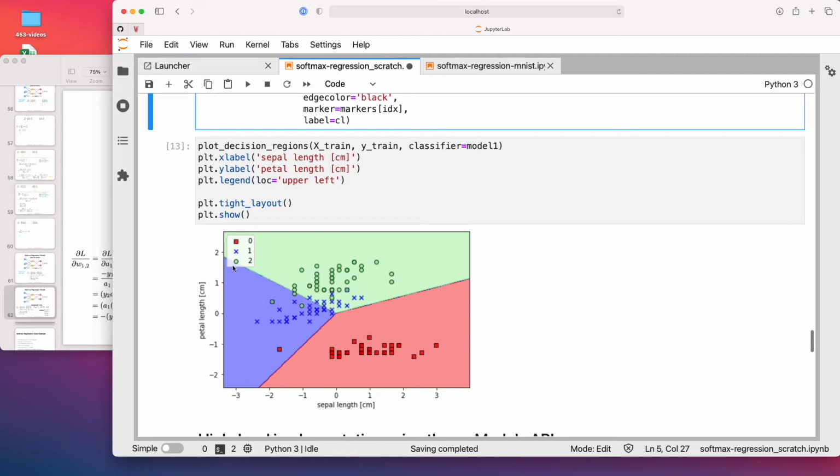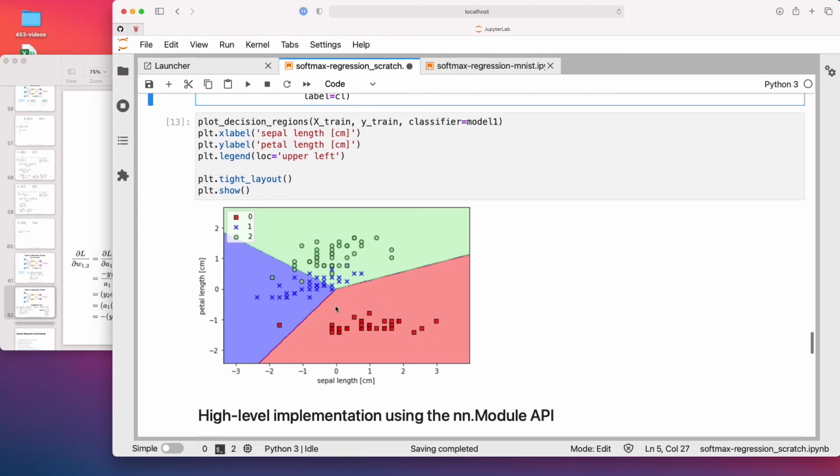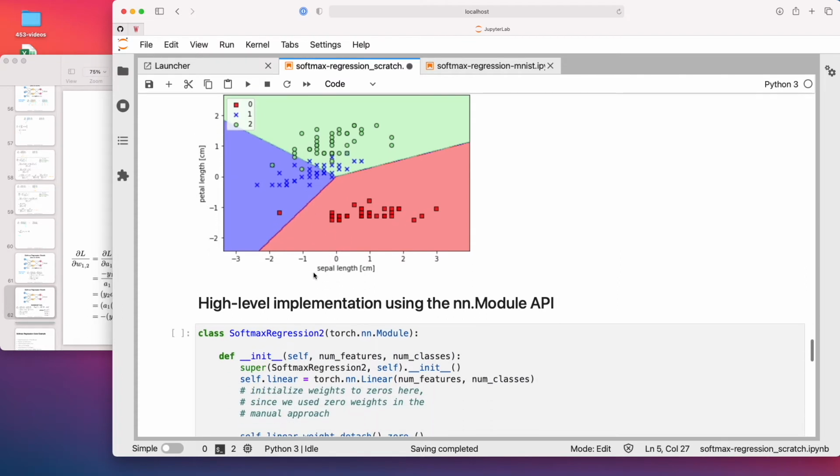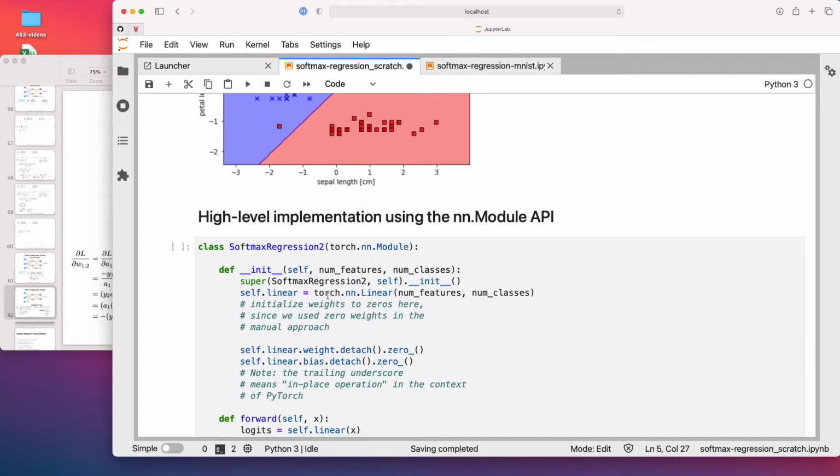So you can see the softmax regression classifier is able to deal with the 3 classes by classifying them relatively well. It's not great in this region here, so it could maybe have been improved if the line were more like this, but it's hard to tell. It's actually not a trivial problem for a linear classifier. A non-linear classifier may have an easier time in this region. But this is also not the point.